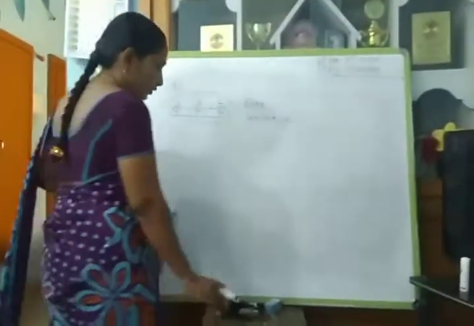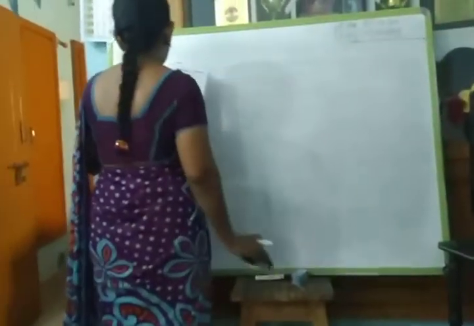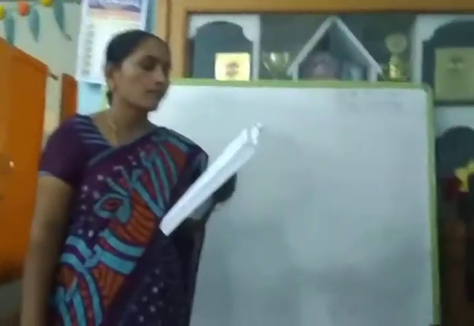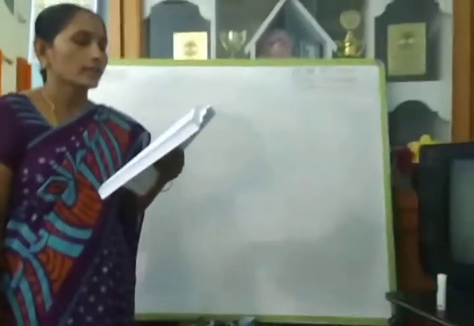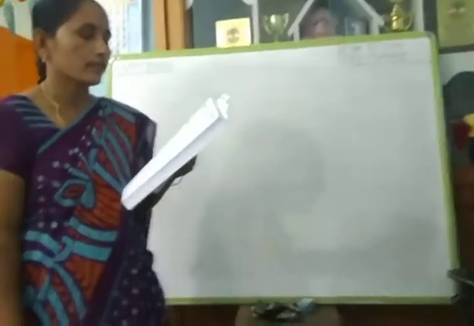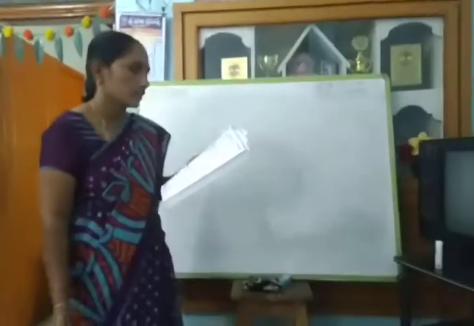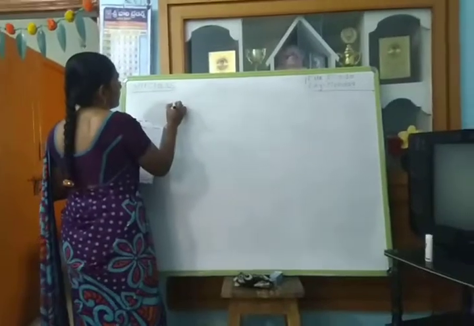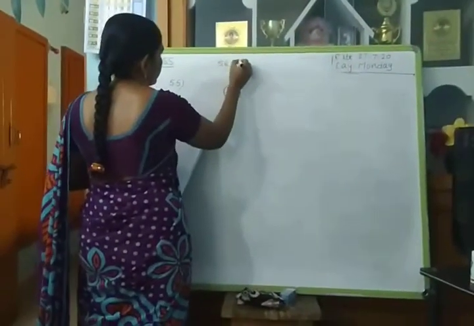Next, 55. Comprehension type questions. To convert unlike fractions into like fractions, find the LCM of the denominators of all fractions. Change each given fraction into an equivalent fraction having the denominator as the LCM of the denominators of the given fractions. Means, how to convert unlike fractions into like fractions. We already did so many problems. I am saying 55, 56, 57 homework.